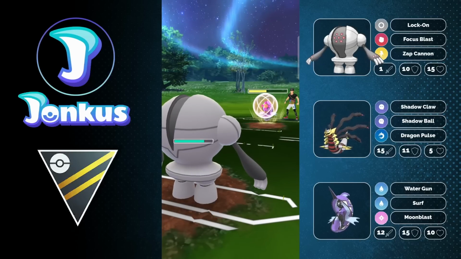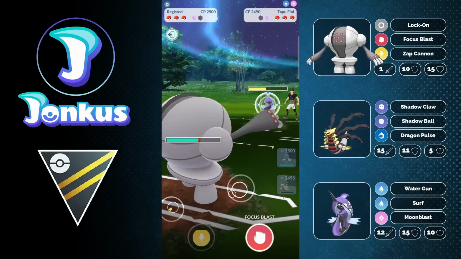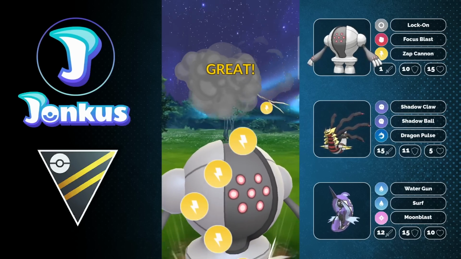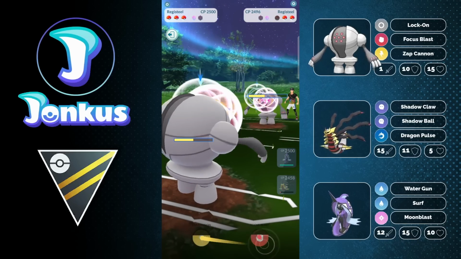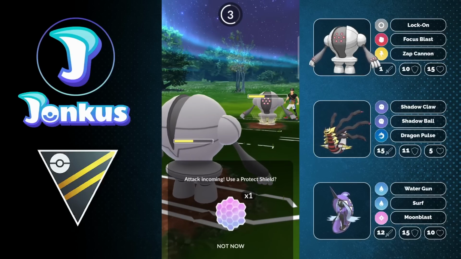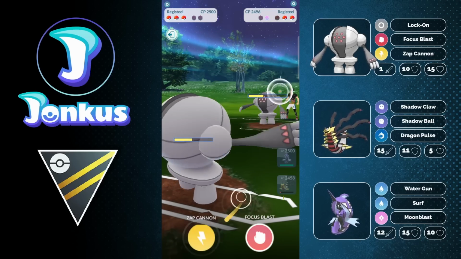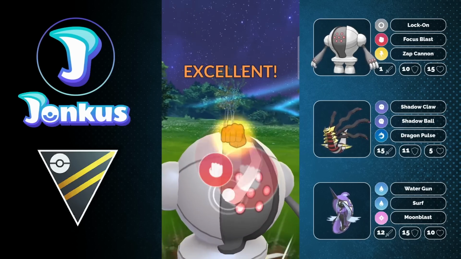So now I can go ahead, go into my own Registeel, can let everything go through here basically. Going to do a little bit of damage against us, but we can now go ahead and go for the Zap Cannon, which is going to destroy the opponent's Tapu Fini, as the opponent's Registeel is coming back in. We can let this move go through. They're going to knock us out with one Focus Blast though, but I'm actually going to shield so I can get the final shield of the opponent,